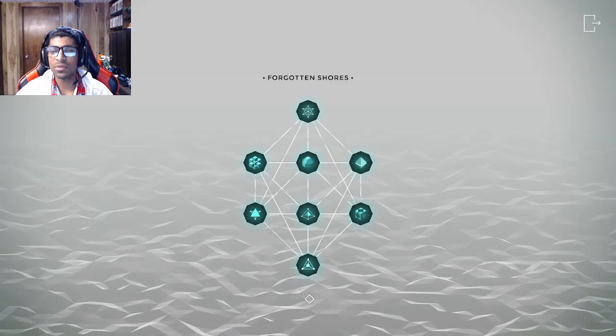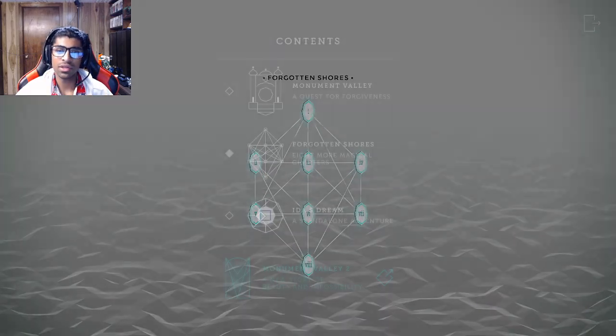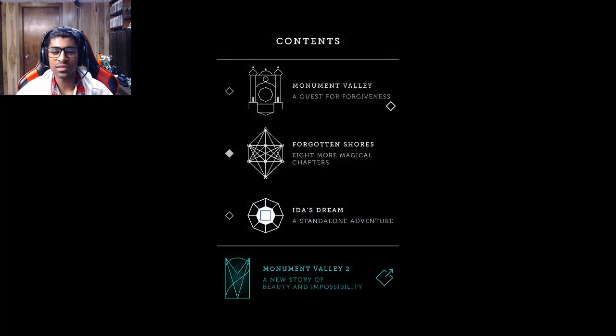Like, if you ask me what's going on with the story, I don't know. Like, you look here, a quest for forgiveness, I have no idea what that means. I read through the little story bits that were in with the blue woman, and I still didn't understand it. But that is besides the point. The gameplay was fun, and it felt good to play. It was unique to me, and